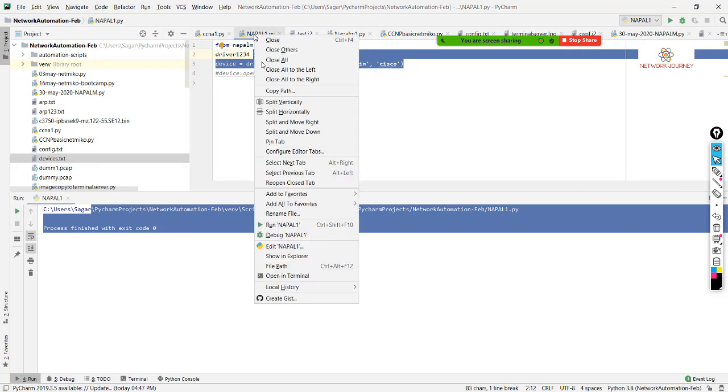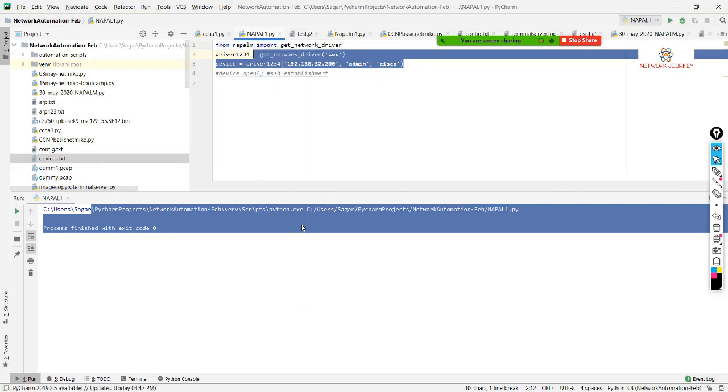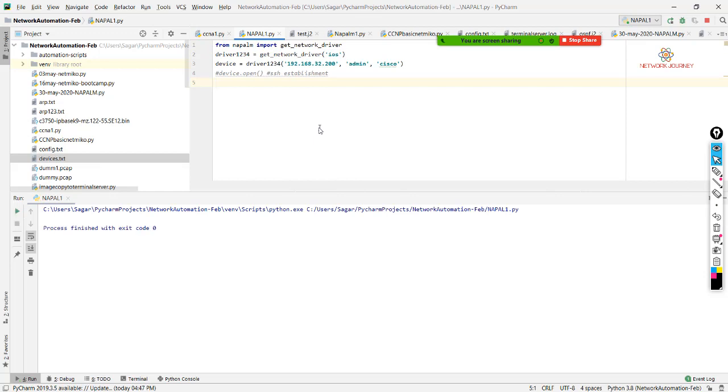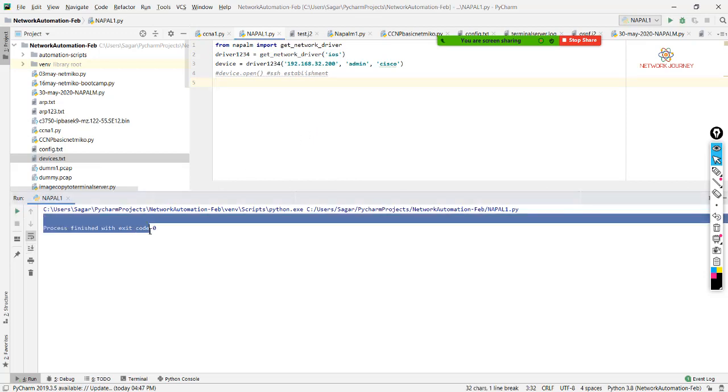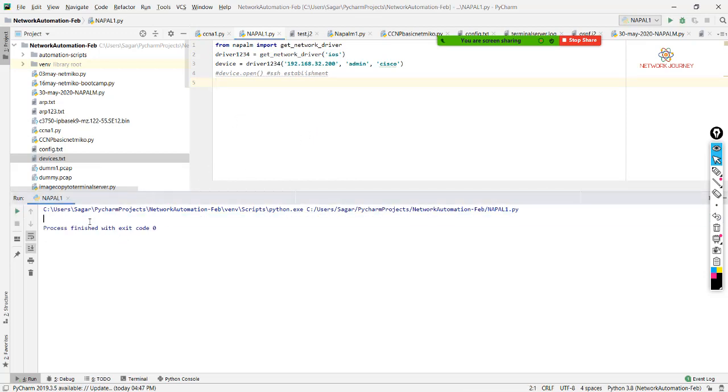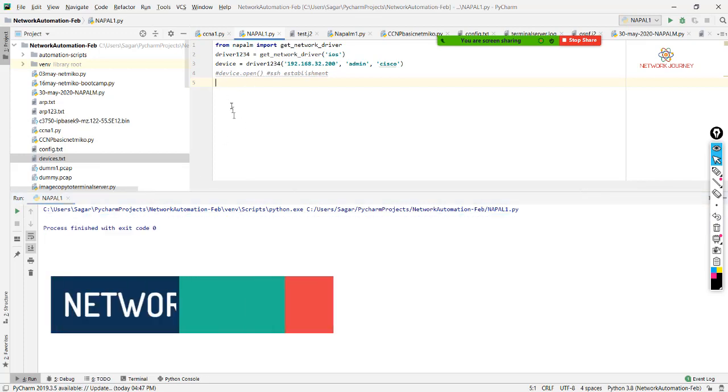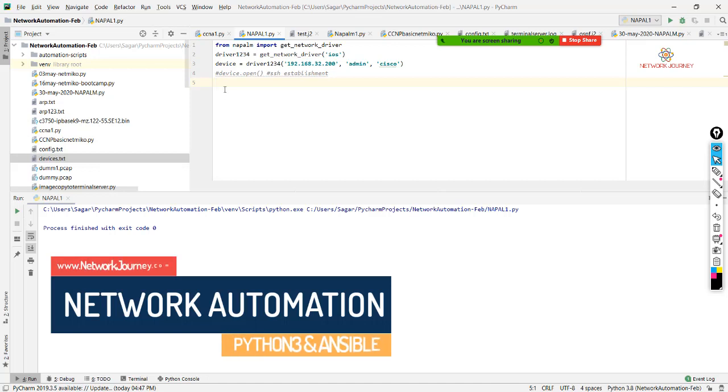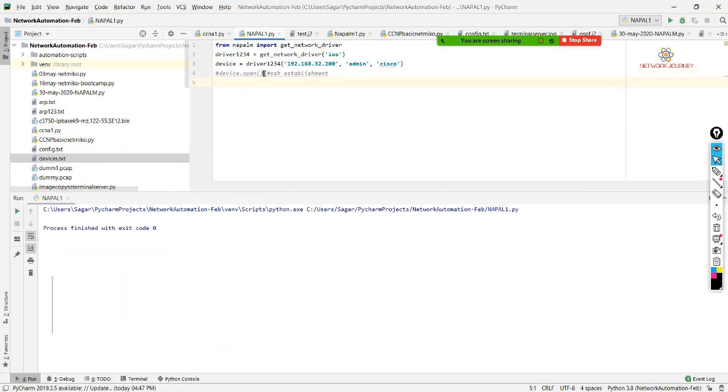Let's see, do I get an output? Okay, so we got an output. At least we didn't get an error. But let's say I had some other commands like show run commands. Those would not have got executed without this. So this is a very important command.